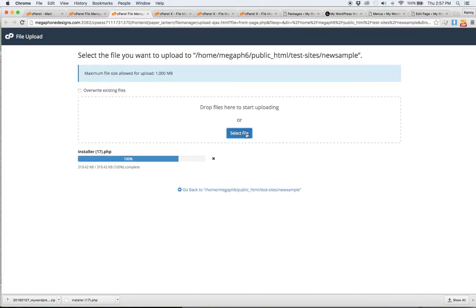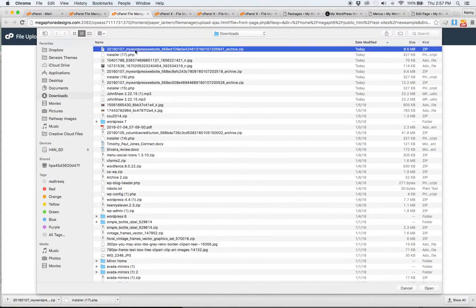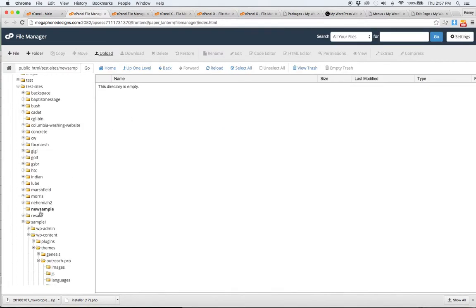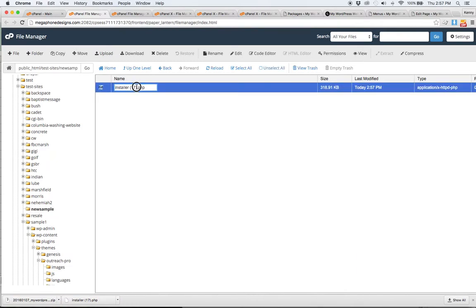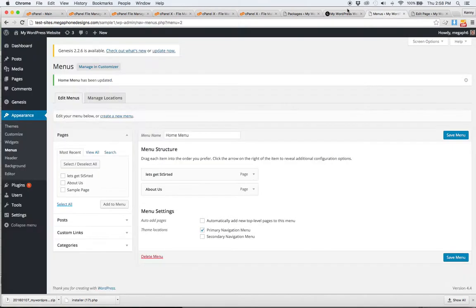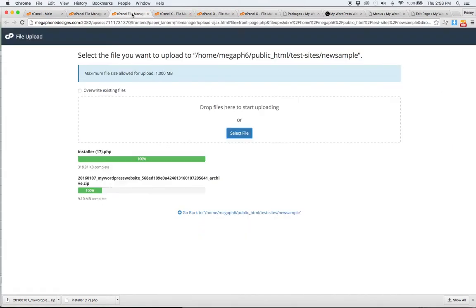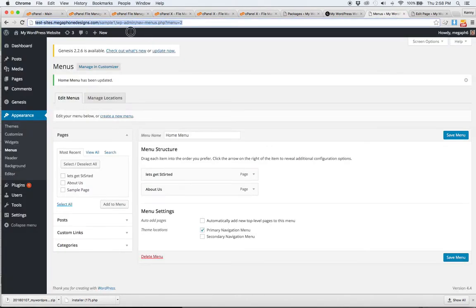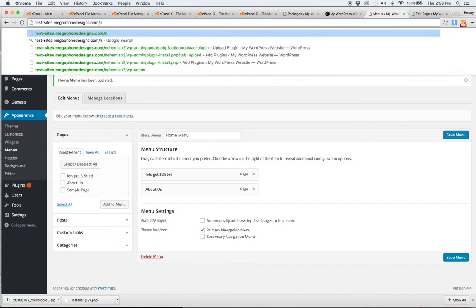It says 17 after it because I've done this a few times before. And I want to change that name to just installer.php. Just makes me feel better. Sample 1, right? Yeah, there we go. No. That's not what we're on now. New sample, that's what we're on now. There we go. Okay, so we go to new sample